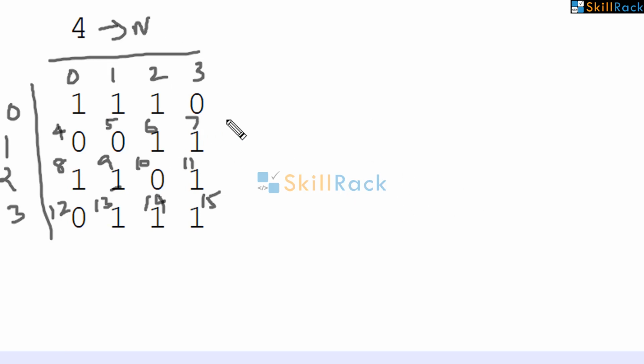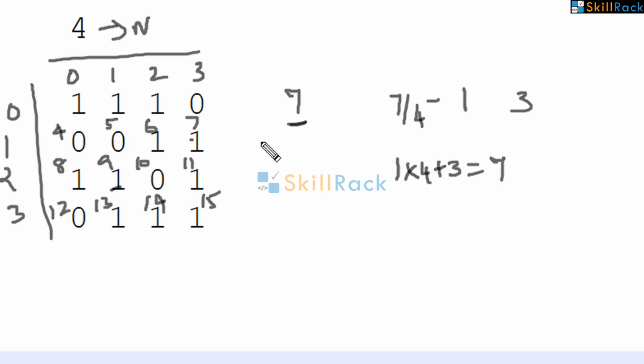Let us consider one more example. Let us consider this 7. So from 7, how can we get the row index and column index? 7 divided by 4 will give you row index which is 1. And column index will be 7 mod 4, which is 3. So this will be 1, 3. Similarly, if they give 1, 3, so 1 into 4 plus 3 will give you 7. Please keep this in mind because we are going to point to a particular cell using these calculations.